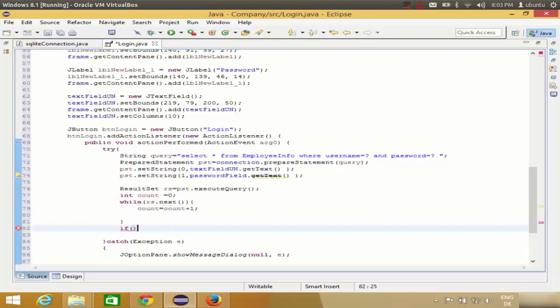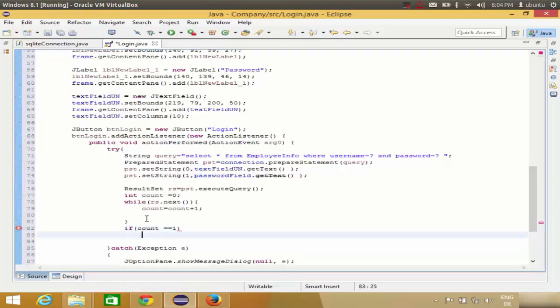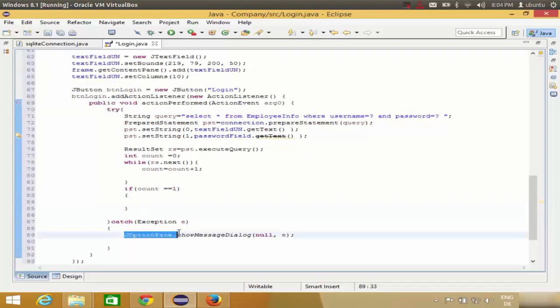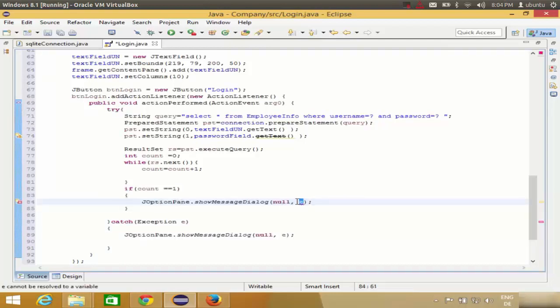So if this count is equal to 1, this will be double equal to, right, is equal to 1, then I want to show the message here. I will copy this JOptionPane dot show message dialog in the if condition, and I will say this one, username and password is correct. Okay, and else